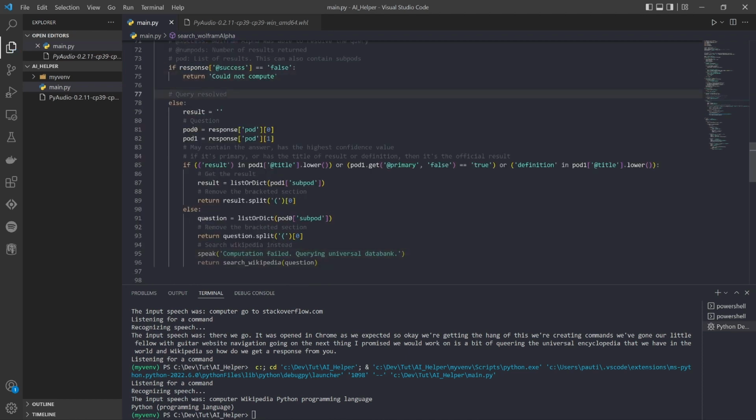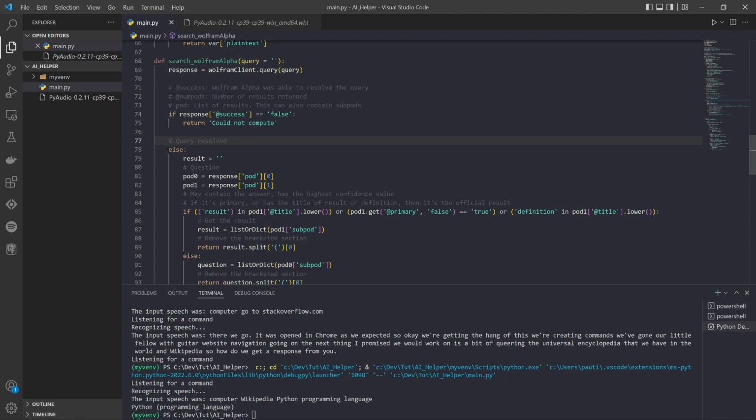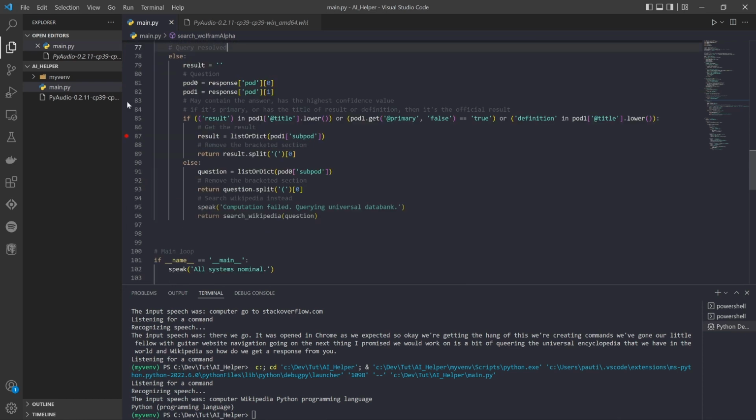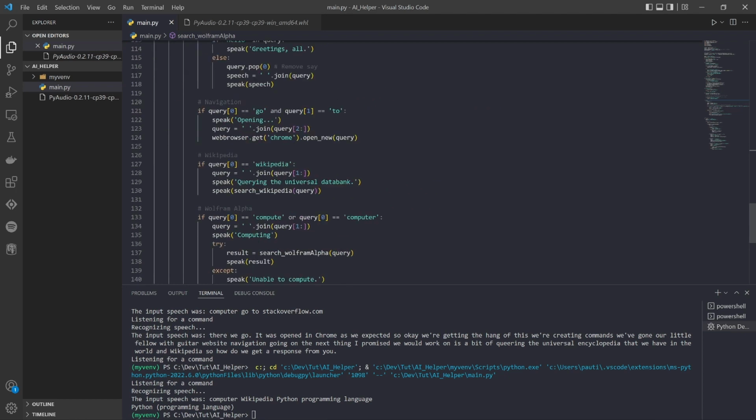Not compute. If the success flag is true, then we do have a result query, good response from Wolfram Alpha, and we can grab the result using these heuristics to understand what kind of values make sense. Maybe we'll just pause it there as we're testing to take a look at the structure and see how that works. So we'd say compute